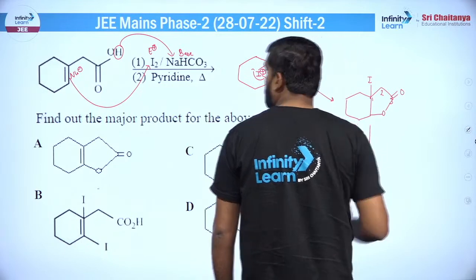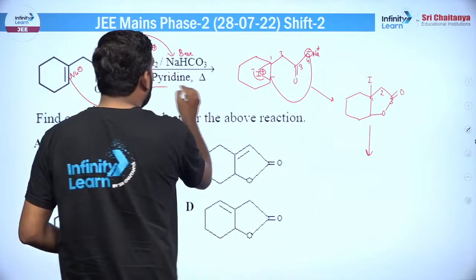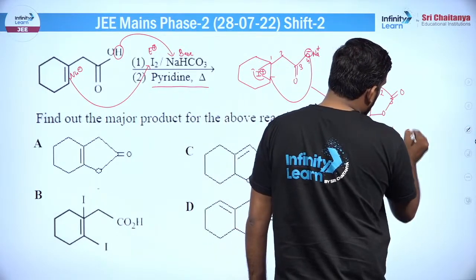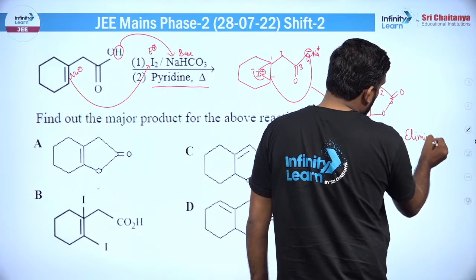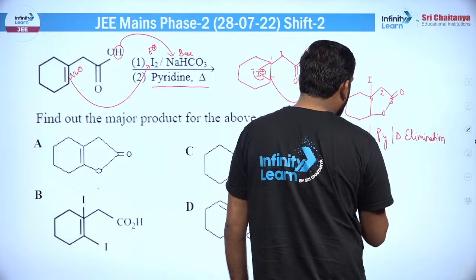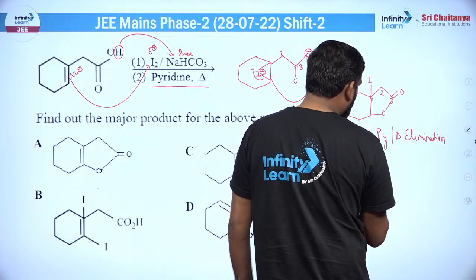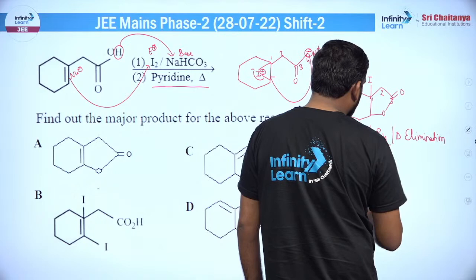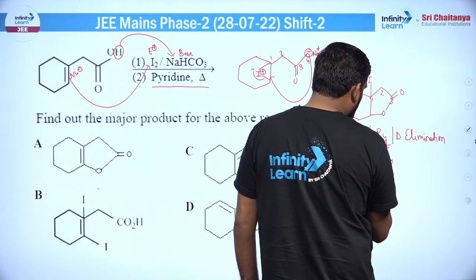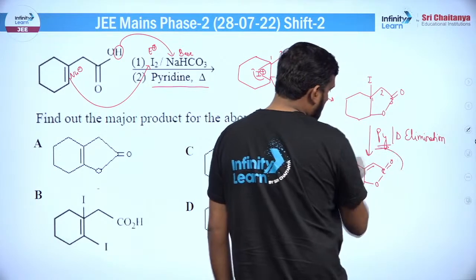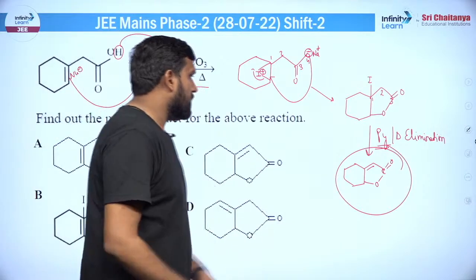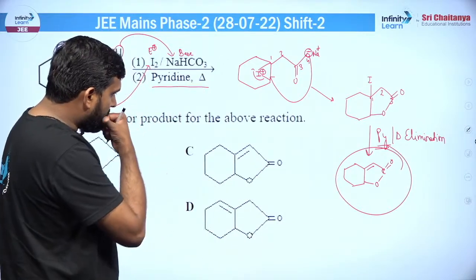तो अब इसके बाद कुछ किया गया क्या, अच्छा सेकेंड स्टेप में और भी है, pyridine और हीट। तो जैसे ही आप pyridine और हीट लोगे तो यहाँ पर हो जाएगा एलिमिनेशन। और एलिमिनेशन में ध्यान देना pyridine लिया गया है। तो pyridine लिया गया तो ये हो जाएगा यहाँ पर C डबल बॉन्ड O, इधर आपका O, यहाँ से एलिमिनेशन होगा, तो ये कुछ ऐसा फाइनल प्रोडक्ट आ जाएगा। सो दिस विल बी योर एलिमिनेशन प्रोडक्ट, ये आपके पास आ जाएगा। तो ये किस में है, ऑप्शन नंबर C में है,